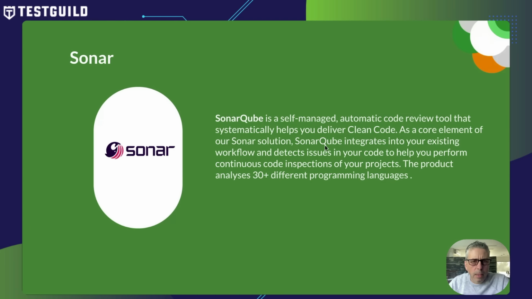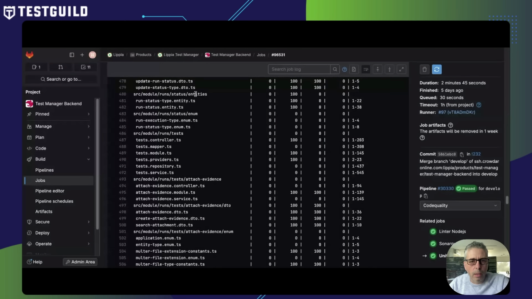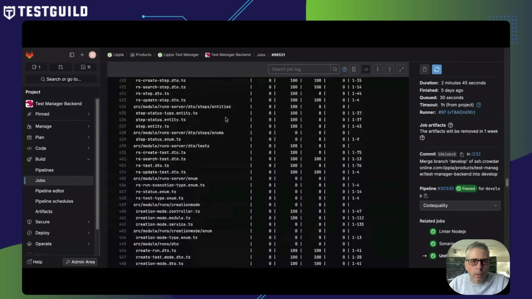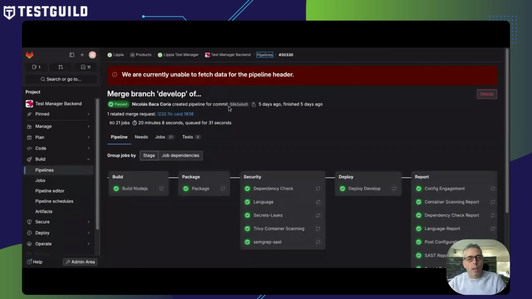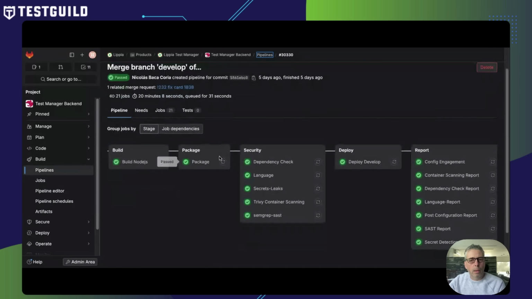So in this case, I will show briefly an example of the outcome of that stage in a pipeline. If we look at the pipeline, it will look like a chain of different steps that are executed, some of them in parallel, some of them one after the other in a serial process. And in this case, we will review